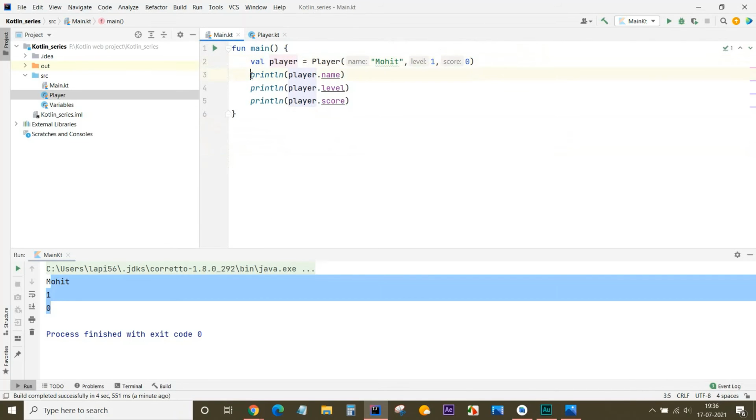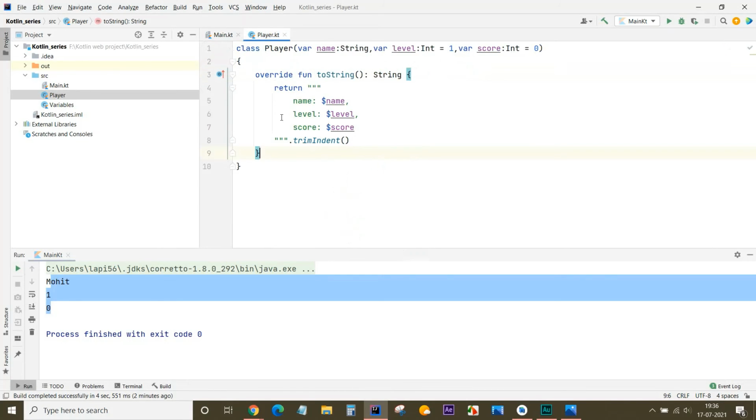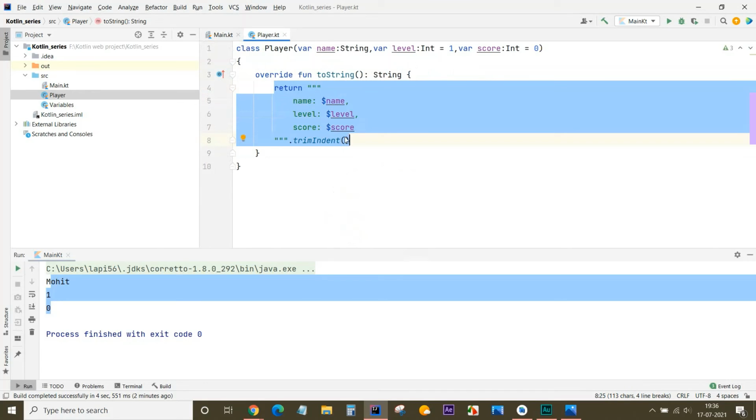Okay, so now we want to print this output. We can print it in the main class. How can we print it? Since the instance has already been created, whenever you call the object of the class, earlier it was printing the class name at the rate followed by the hexadecimal value, but now it will use the overridden toString method to show the output.